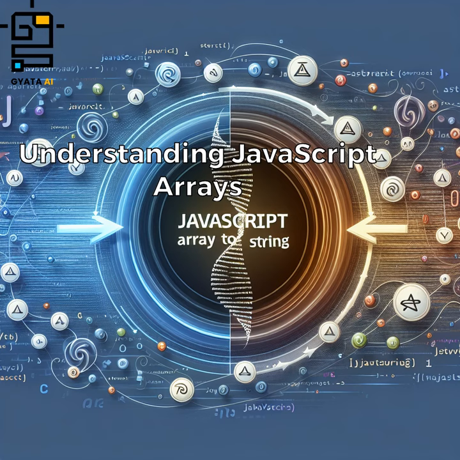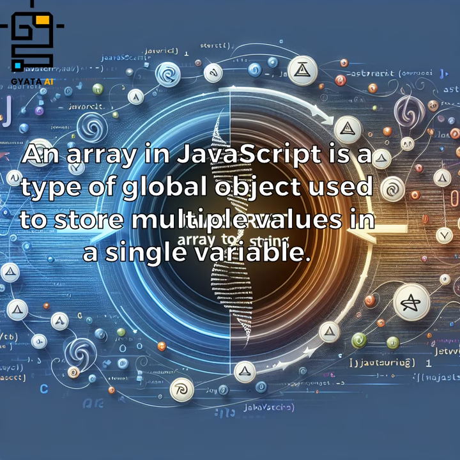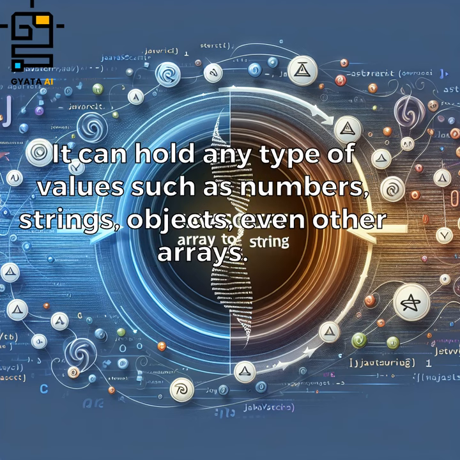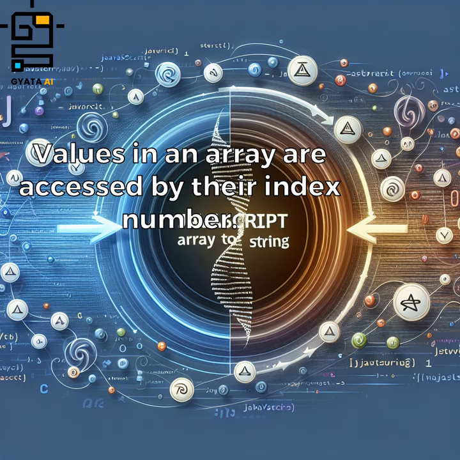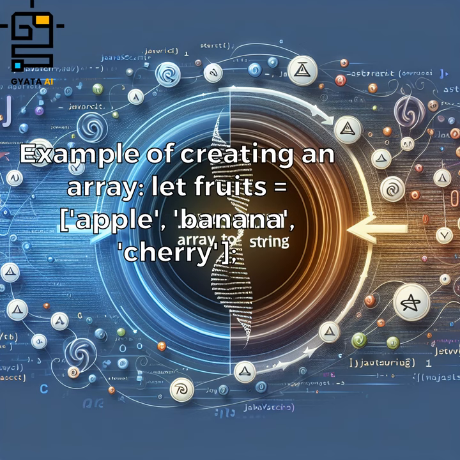Understanding JavaScript arrays. An array in JavaScript is a type of global object used to store multiple values in a single variable. It can hold any type of values such as numbers, strings, objects, even other arrays. Values in an array are accessed by their index number. Example of creating an array: let fruits = ["apple", "cherry"];